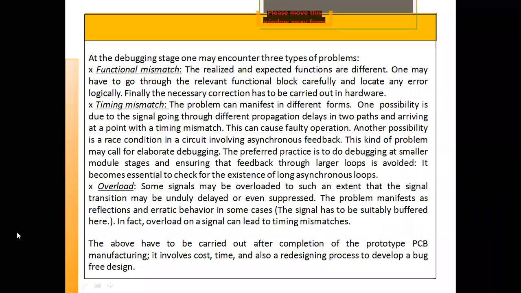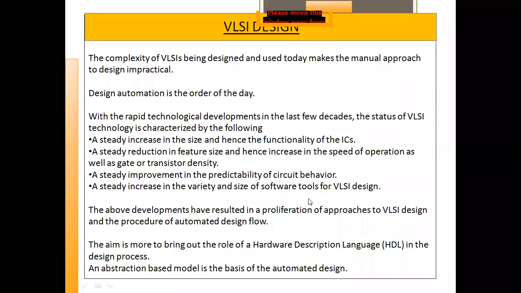So instead of doing all these things physically, it's better to go for some hardware description language to verify the functionality. Whether we can get the proper functionality or not, we can verify there, and then we can go into the specific design. Those are nothing but the basics actually. If at all necessary, we will be designing by that. Right now, we just have an introduction to this VLSI design.